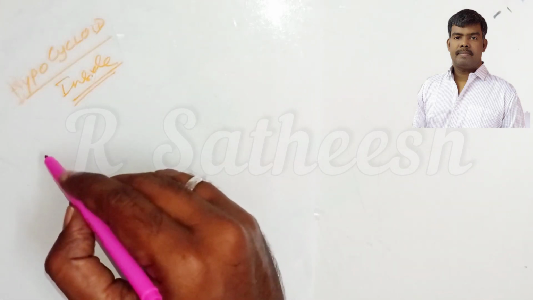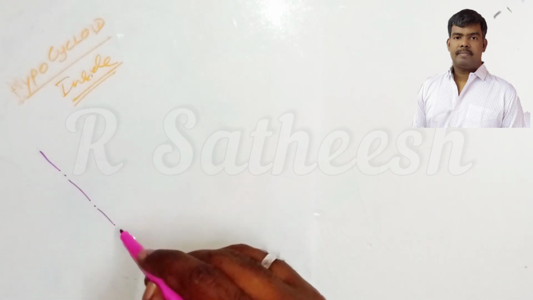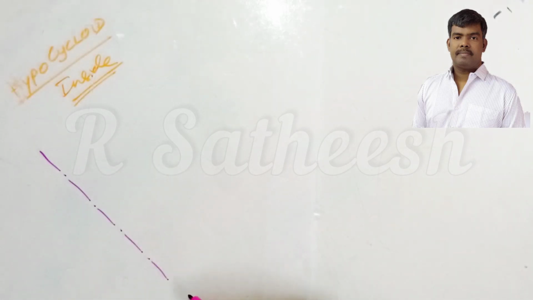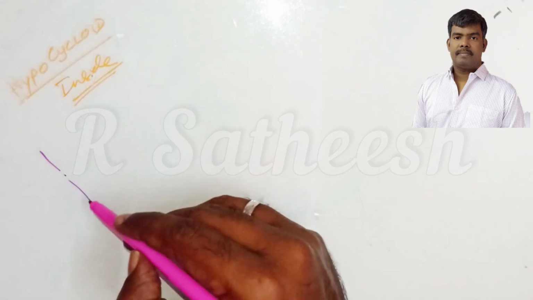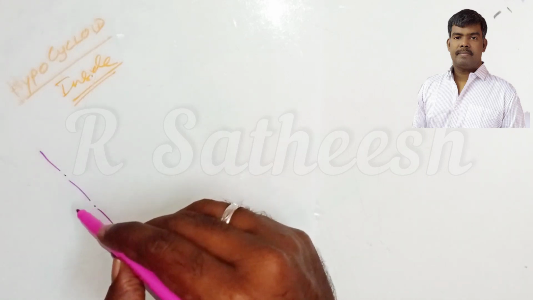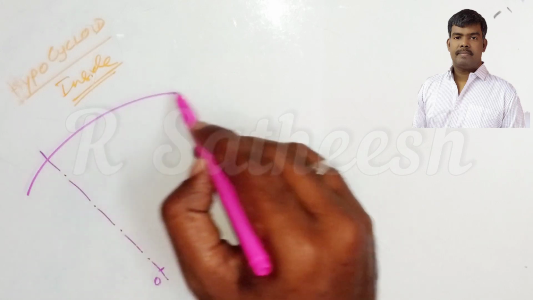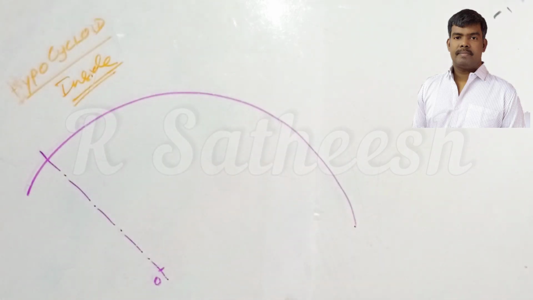The procedure is similar to the epicycloid. First you draw one inclined line, that is the axis. Select one point, that is O. Here, how much radius have they given? The circular path has a radius of 120 mm. So take 120 mm as the radius, because in this problem they have clearly given the radius. So you draw radius 120 mm. Clear? That's one. Now the rolling wheel rolls inside.